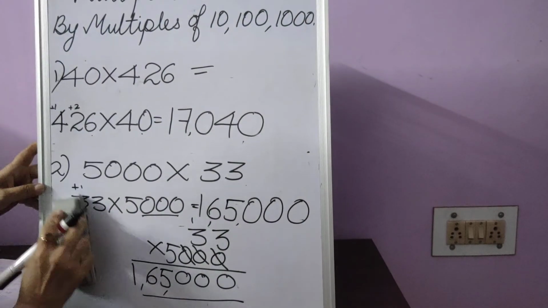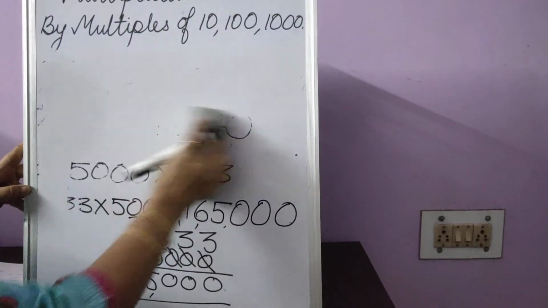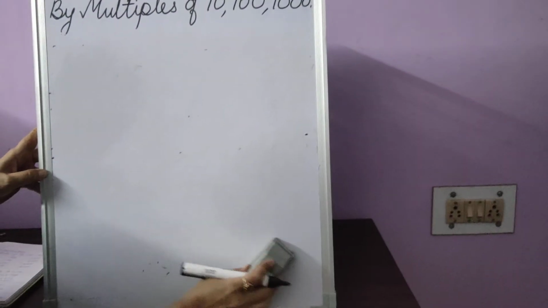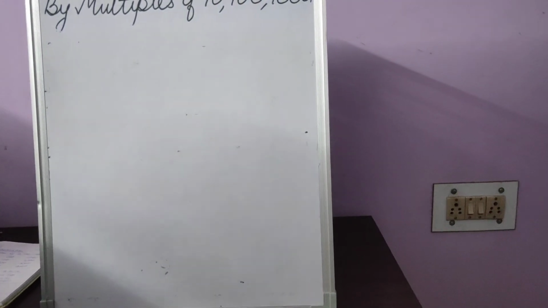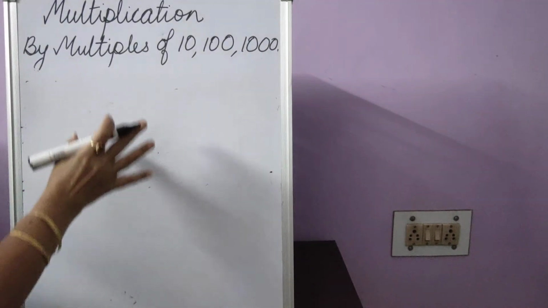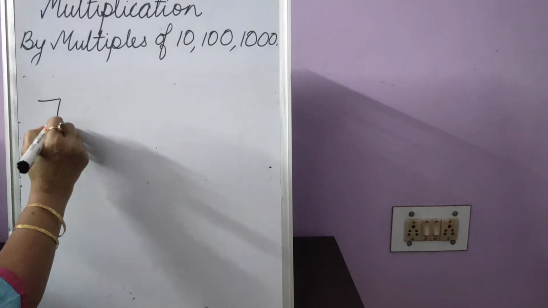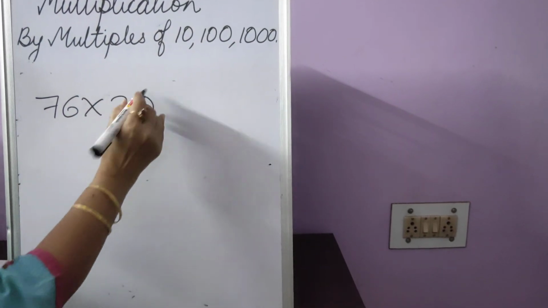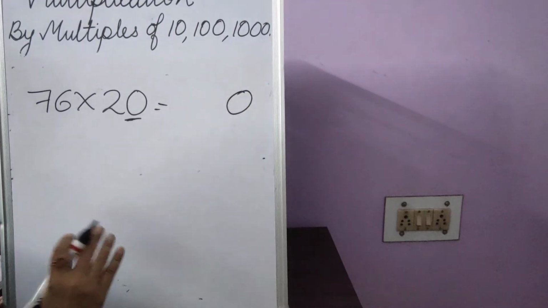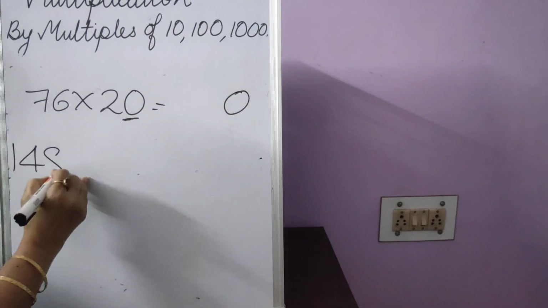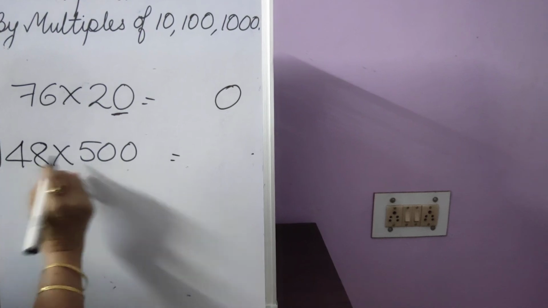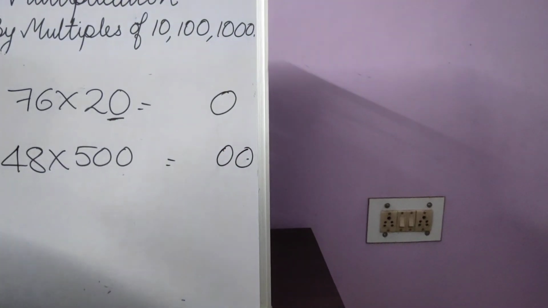Okay, now these types of sums that we did today, children, we are going to call it part 1. We have part 2 also. Part 2 will be the next video, which we will be seeing tomorrow. So for today, multiples of 10, 100, 1000. Just remember, any number given to you, leave out the zeros, do the simple multiplication and then add the zeros in front of it. Any number that is given, if it is a multiple of 100, leave it out, find out the answer, add 2 zeros.